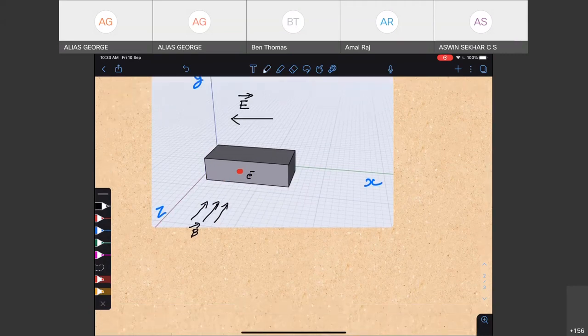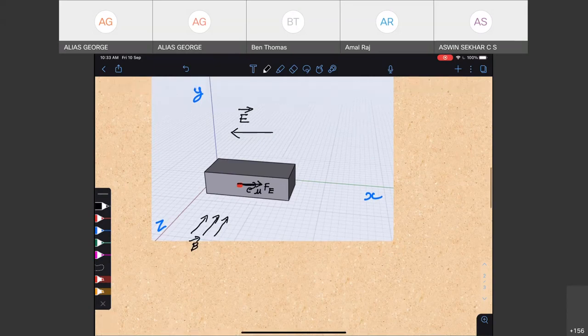Now, as Ben told earlier, Ben not Ashwin Shekhar, okay. The electron will face a force in this direction due to the electric field, and so the electron will acquire a velocity in this direction. And we give some magnetic field in the Z direction. So according to Fleming's left hand rule,